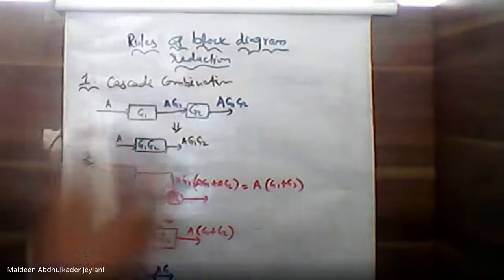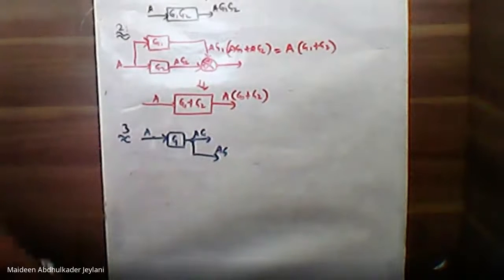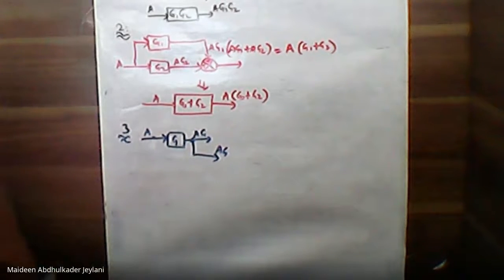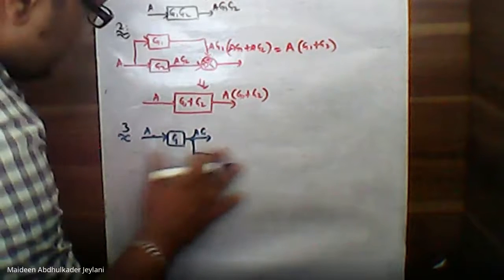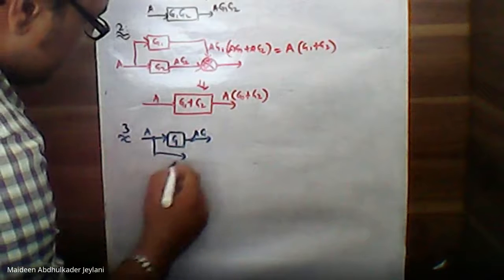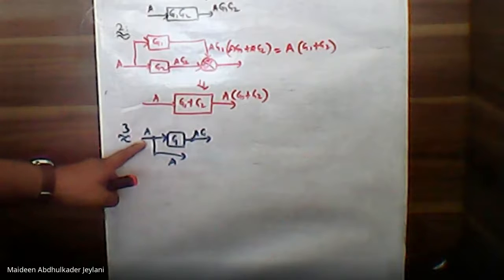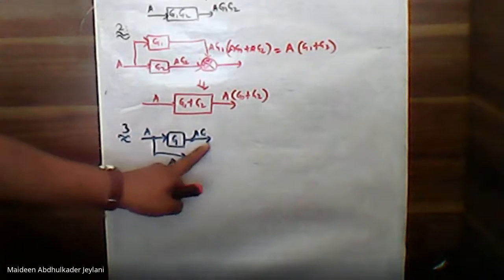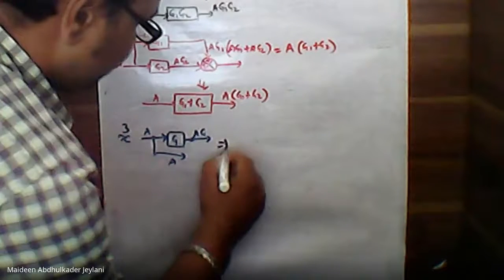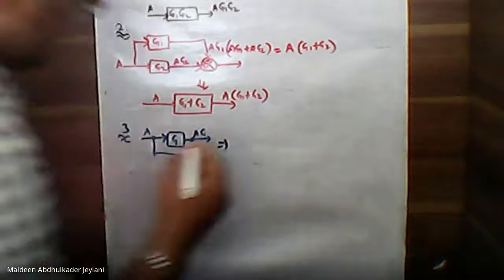Okay, you are in the situation to reduce this branch point. So you are in the situation to move this branch point. First we'll see ahead of the... so this is our branch point. You are in the situation to move this branch point ahead. In that case, how can you redraw? Yeah.